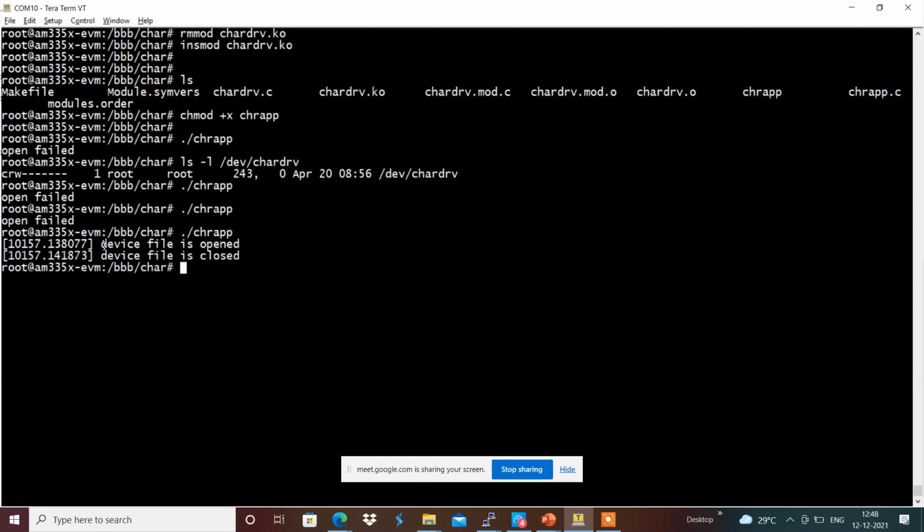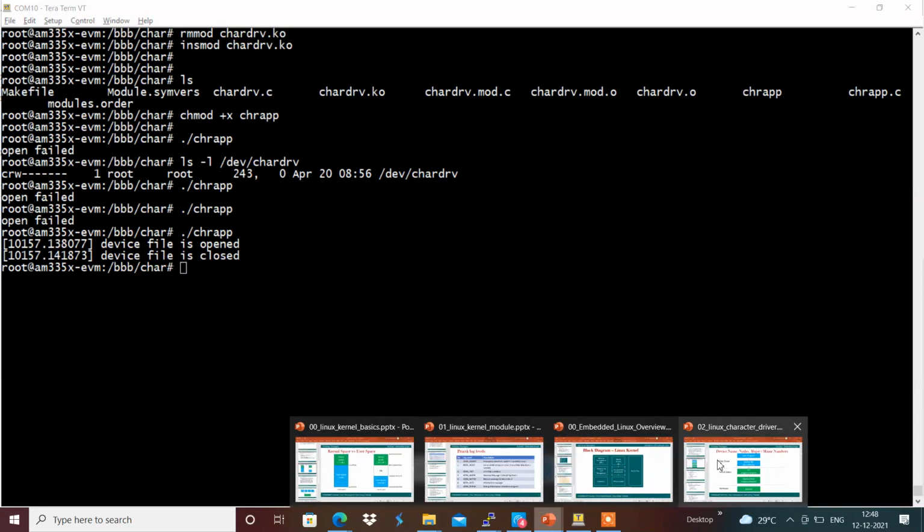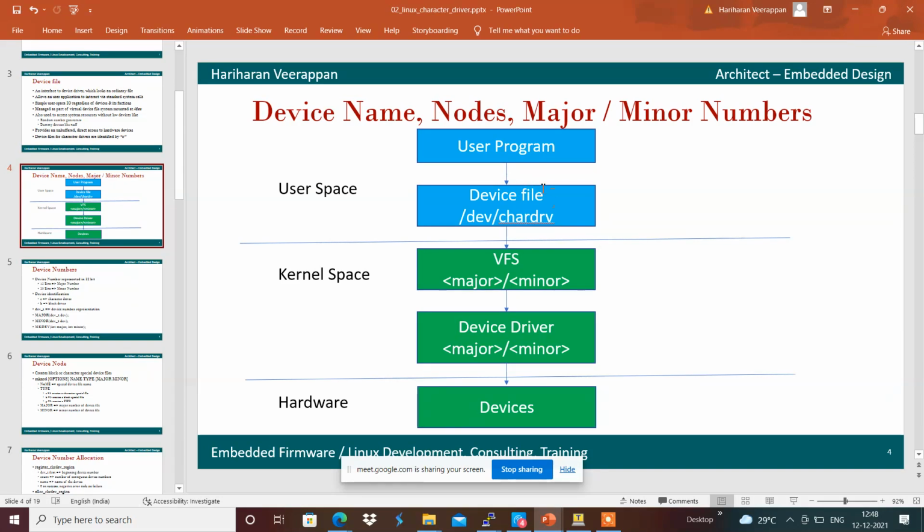For example, from here with the user program, we are initiating the open system call, which basically does the open callback of the device driver. We are initiating the close over here, which basically initiates the release callback accordingly over here.